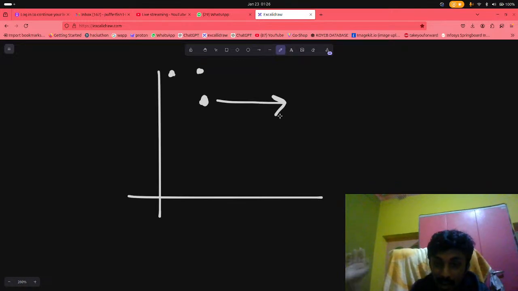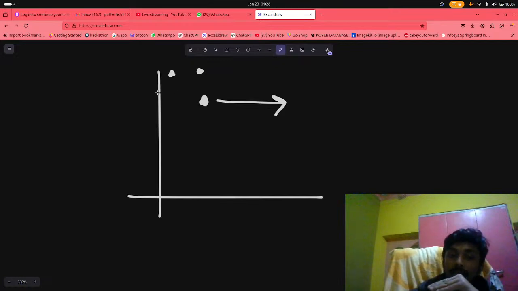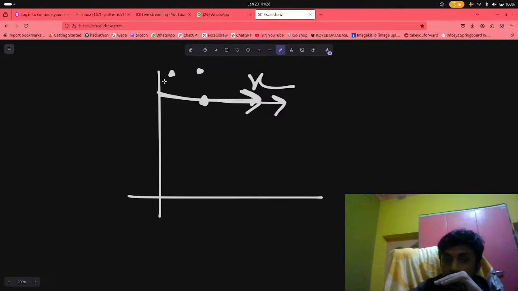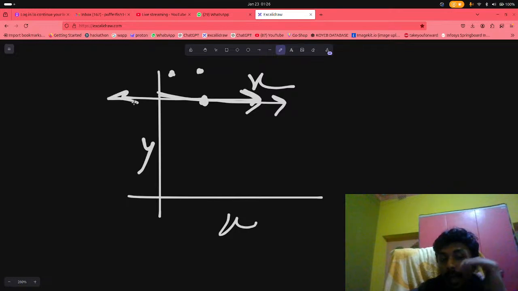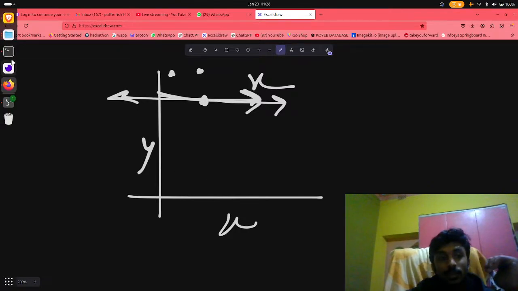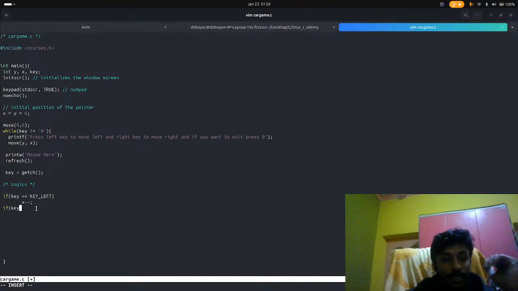In my right, how to do it? When I go to my right side, see properly, I am increasing my x coordinate value. This is the x and this is the y. So I'm increasing the x value. When I want to go to my left side, what will I do? I will decrease the x value. So obviously, for key equal to key right,